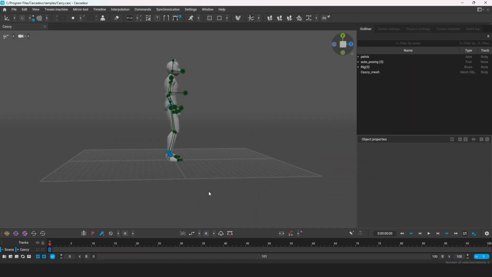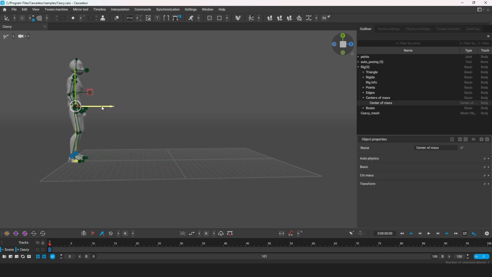Here we will add a keyframe at 0, move character backward, and then go to frame 100, keyframe. We will press F for this or press this button, then move character